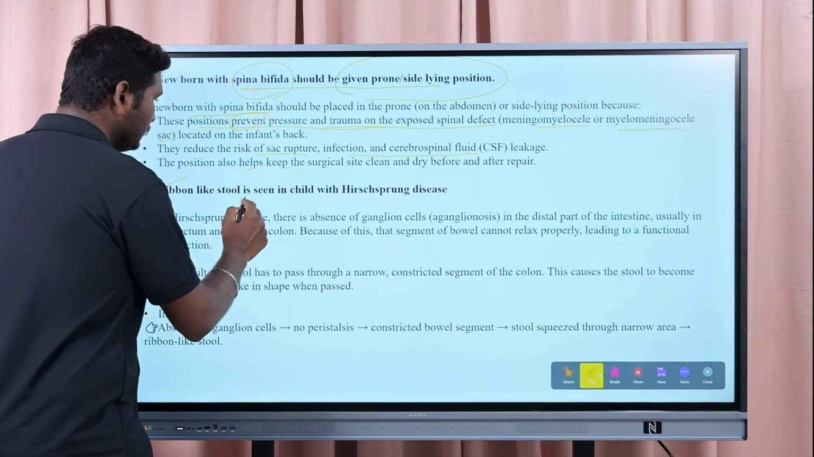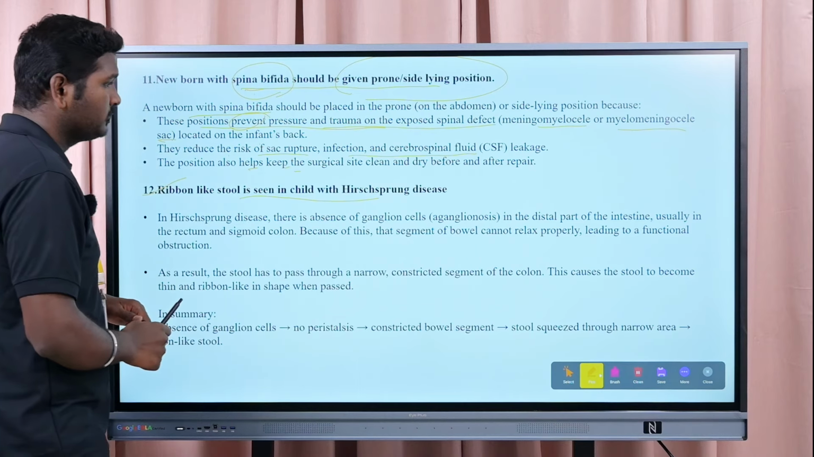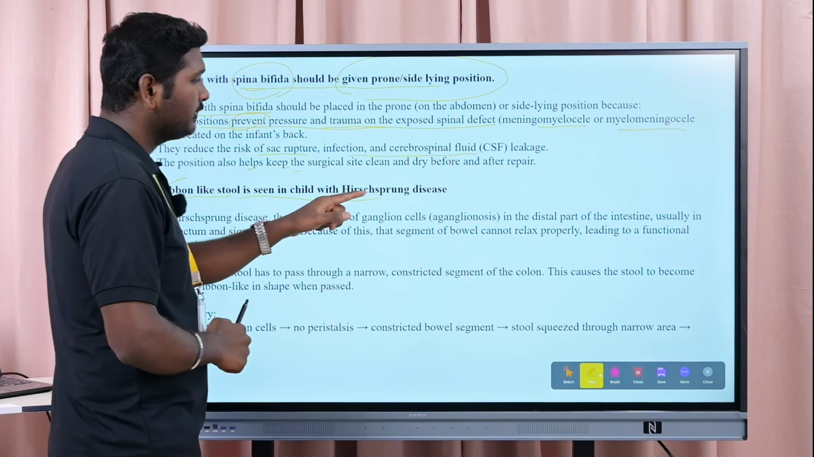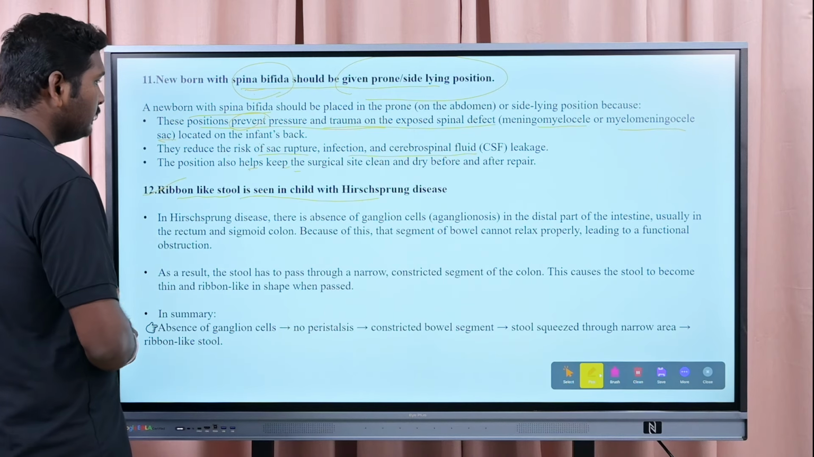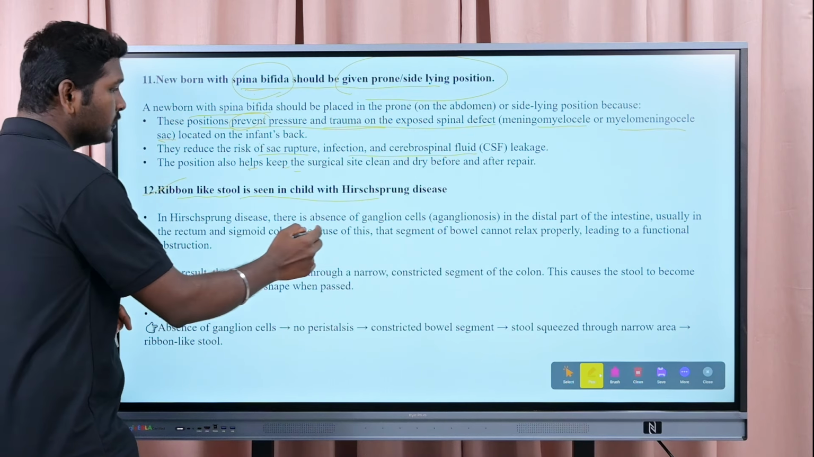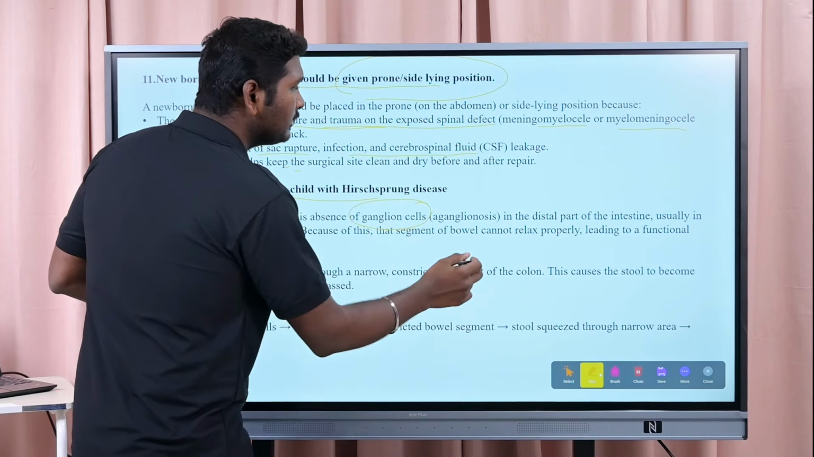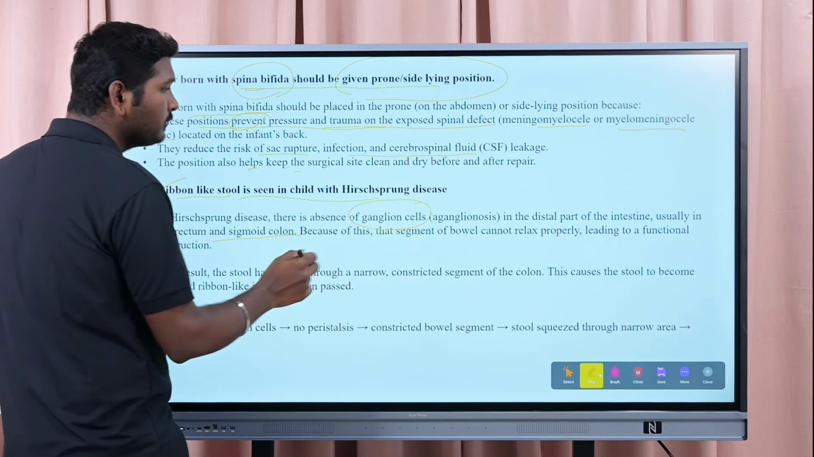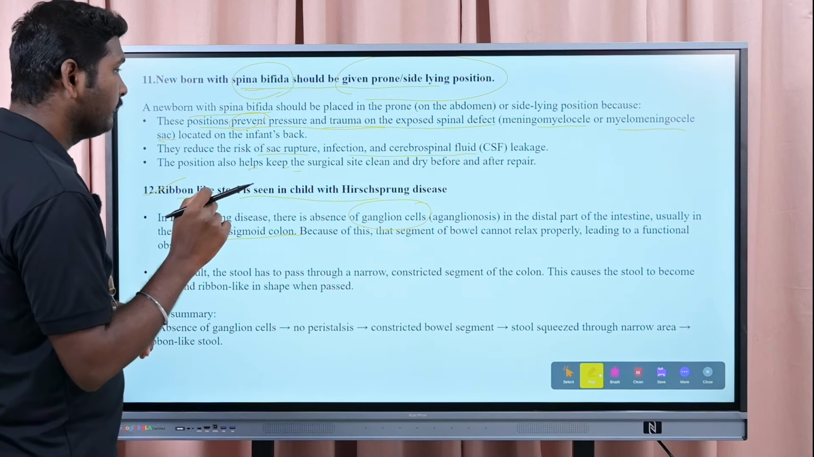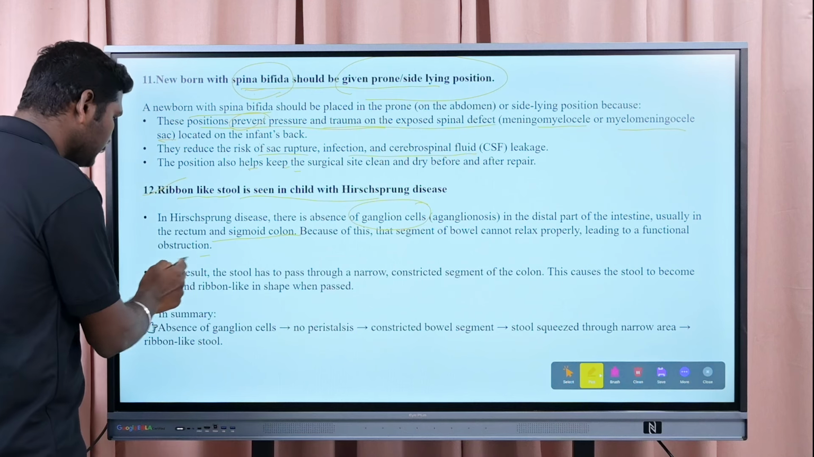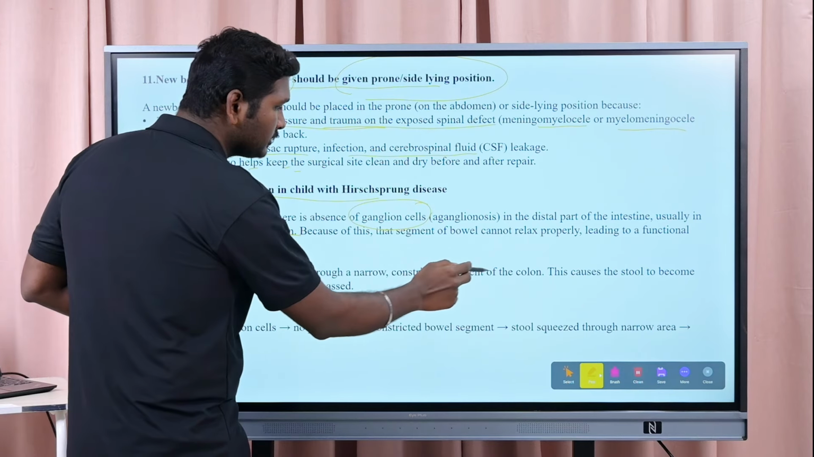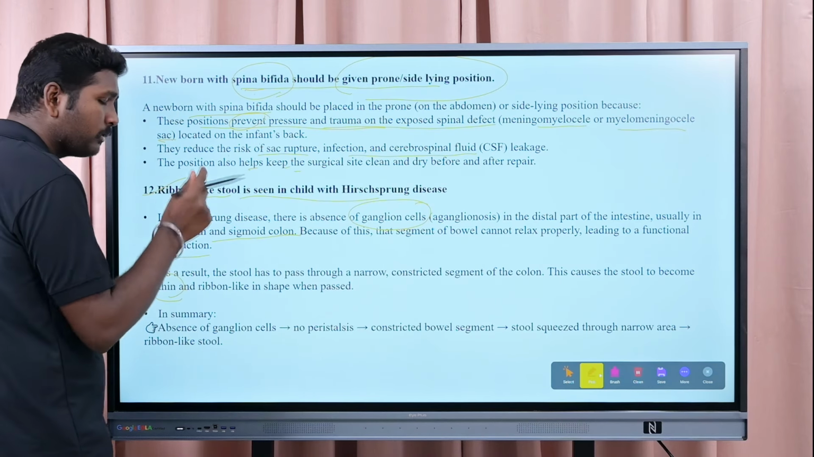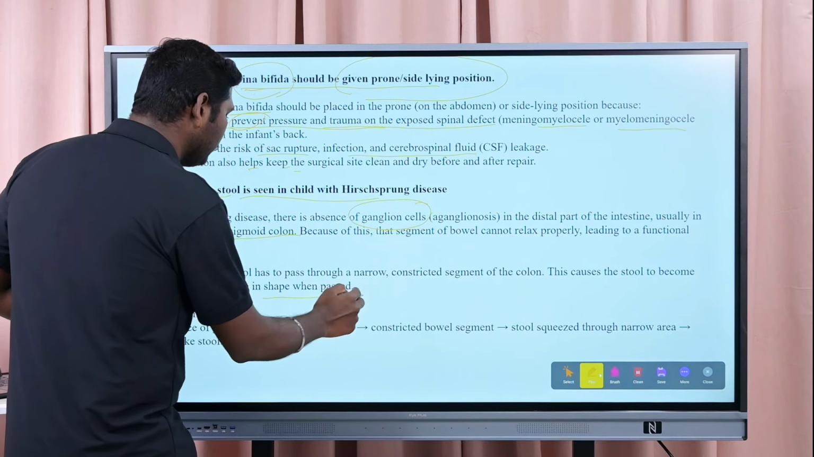Next is the ribbon-like stool seen in a child with Hirschsprung's disease. So why is ribbon-like stool seen in a child who has Hirschsprung disease, which is a GI disorder? In Hirschsprung disease there is an absence of ganglion cells in the distal part of the intestine, usually seen in the rectum and sigmoid colon. Because of this, the segment of the bowel cannot relax properly, which leads to functional obstruction. As a result, the stool has to pass through a narrow constricted segment of the colon. This causes the stool to become very thin,